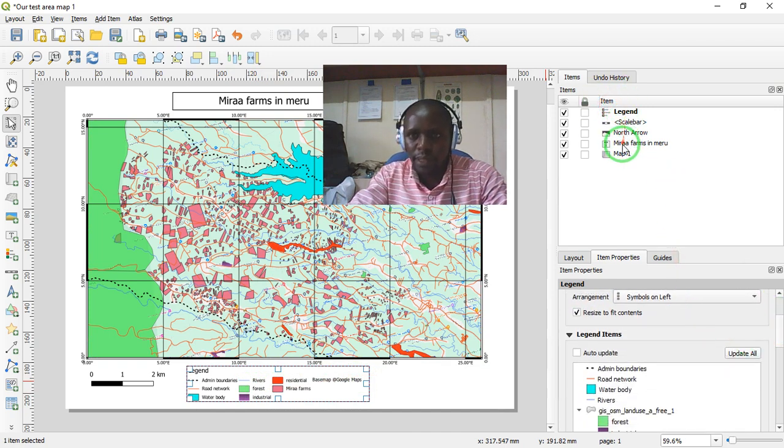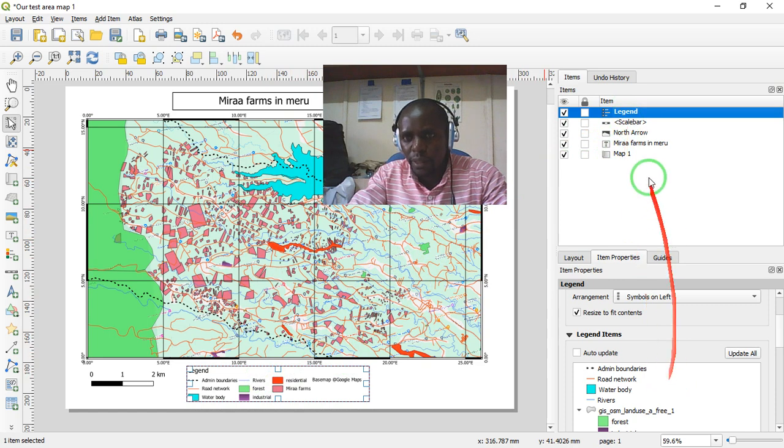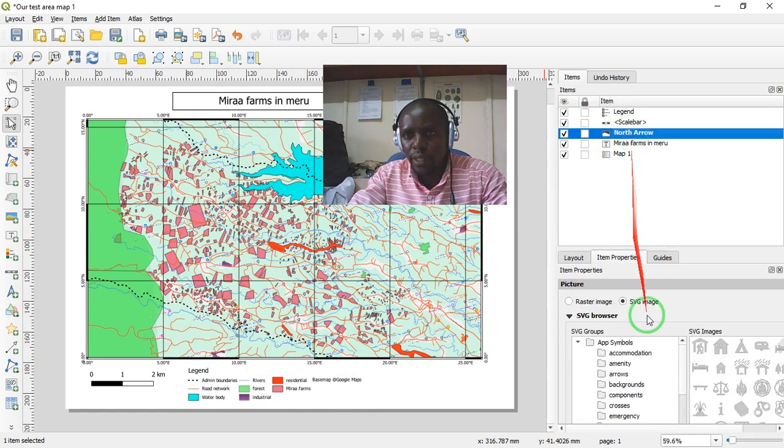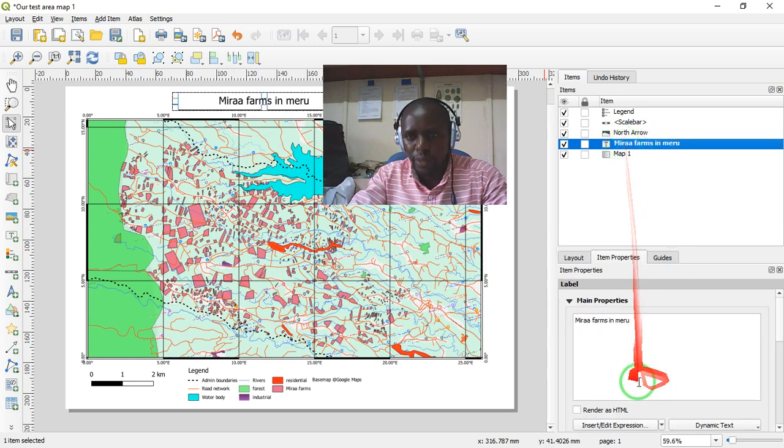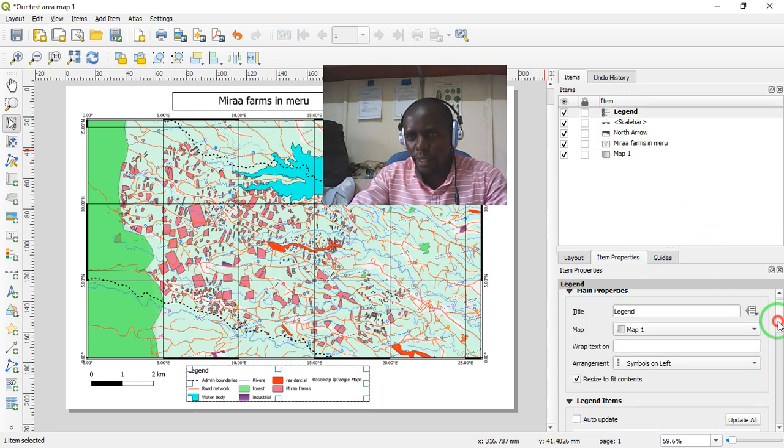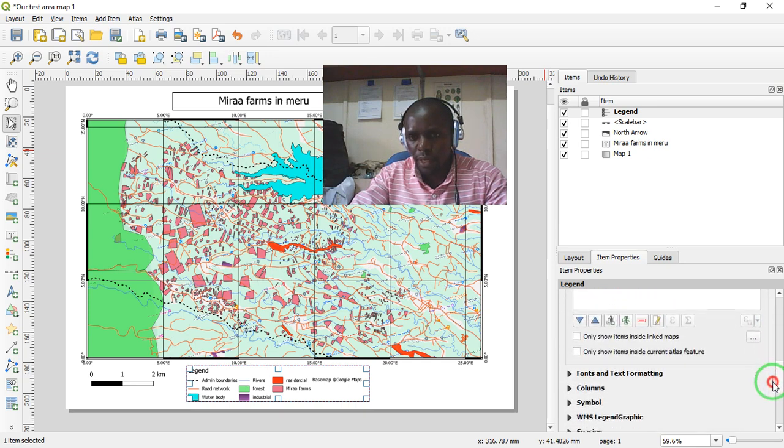So you select first whatever you're doing, like the legend. This one we call it the legend. It is here. You select on it. If I want to work on the node arrow, I click on it. Settings for node arrow. The polygons, yeah. So let us go to legend and drag it down below until I get to